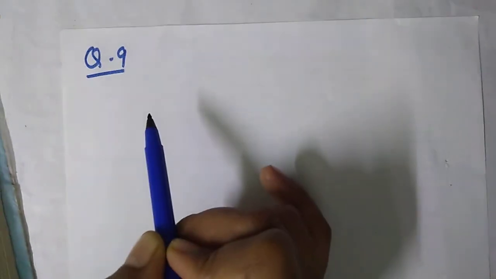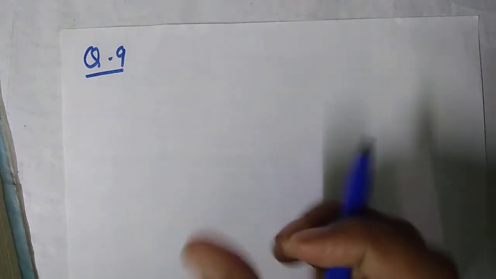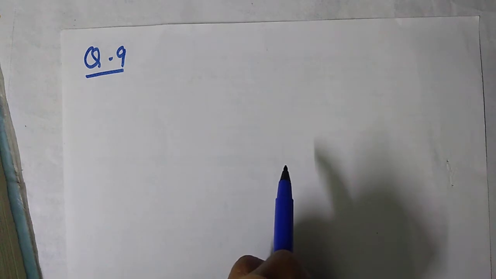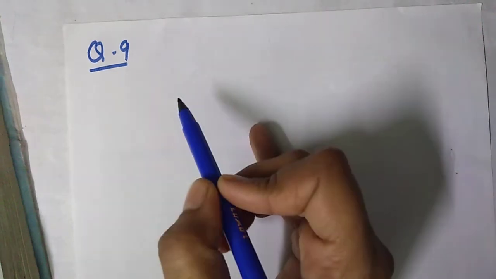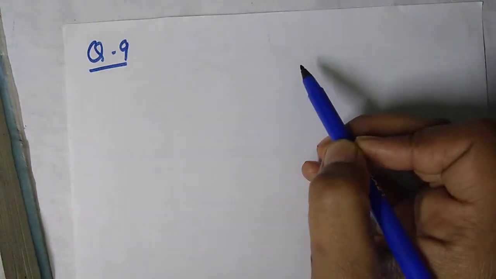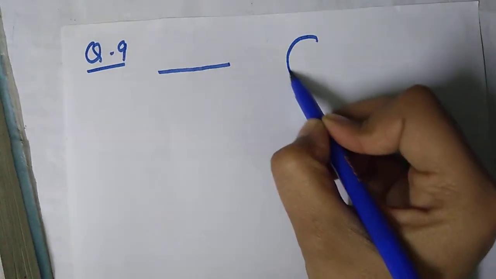Now question number 9 I am explaining. Sazali took a wire of length 44 centimeter and bent it into the shape of a circle. Find the radius of that circle. So there is a girl, Sazali. She took a wire of length 44 centimeter and the same wire she bent in the shape of a circle. It means if this is the wire and this same wire is converted into a circle,